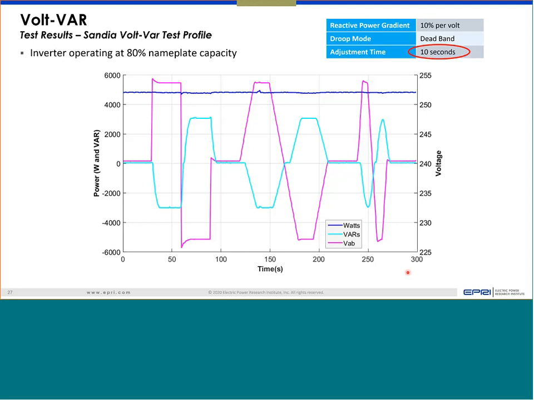But the honest answer is I don't know the number, and I also don't know if there exists any typical number. You also have to remember that these are relatively new, especially for the US. Germany, maybe they've been using it for a couple of years now. In the US, relying on the plant to do VOLVAR, reactive power support for voltage regulation, is still relatively